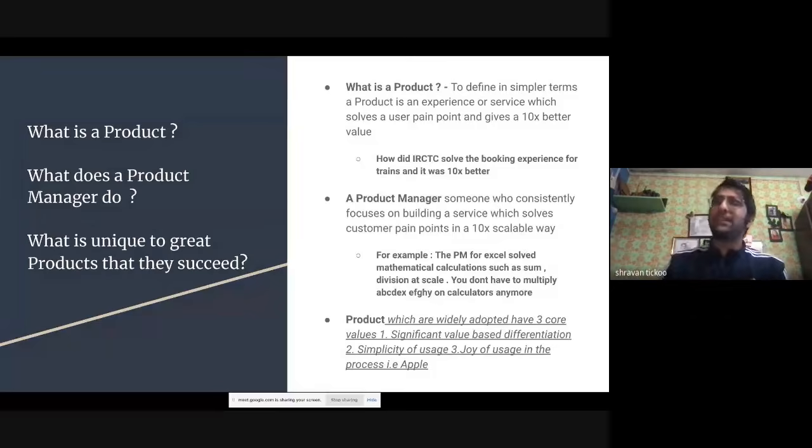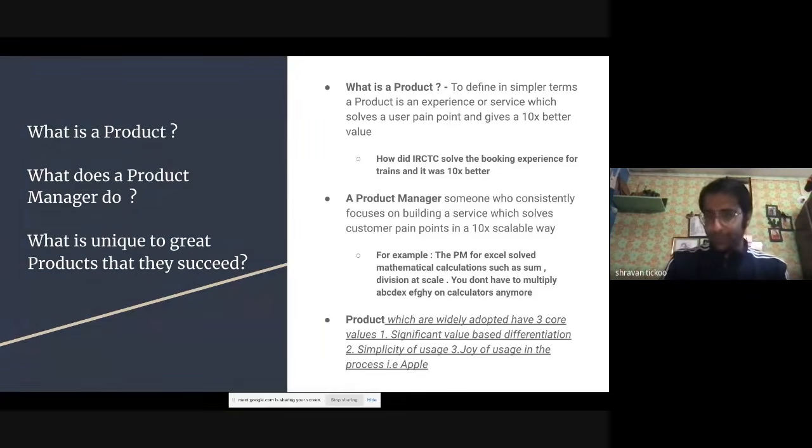To give a very simple example, earlier for communication, let's assume you used to send out a post, right? Somebody came up with the concept of an app, right? And right now WhatsApp sends out 5 billion messages a day, right? So that is what a product manager thought. All of the apps that you use on your mobile phone are in some way designed or thought of by a PM, right?